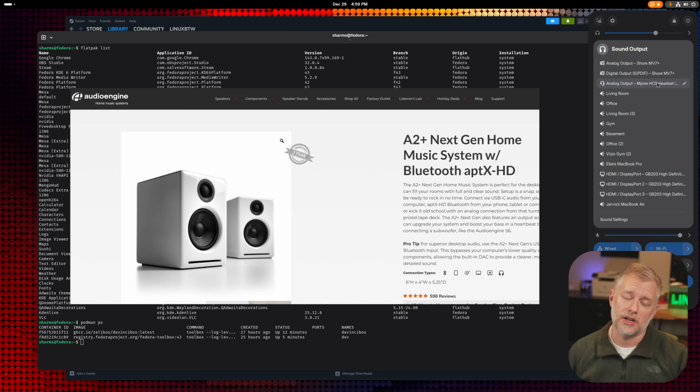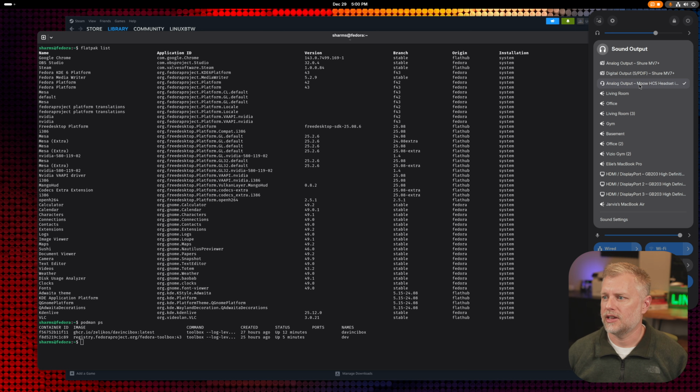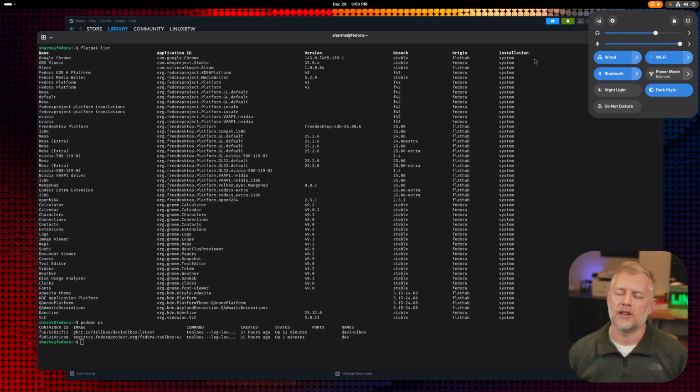I have Audio Engine A2 Pluses, but they don't show up correctly here, though they show up right on macOS and right on Windows. To get that changed is a patch somewhere, but this company kind of stole the ID and somebody made a patch to it, so it's already set like that, and maybe that'd be a regression. I just want to call out that not everything is this free software utopia.